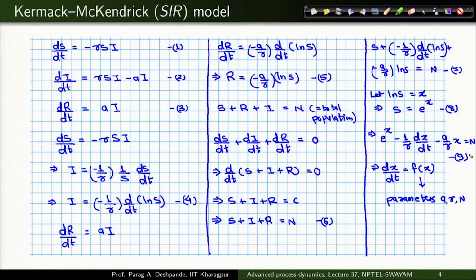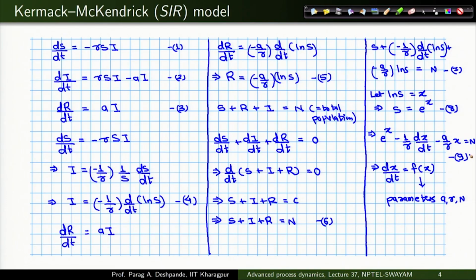So, in principle I can follow this entire method and get the time evolution of S, I and R within my system. This in principle is possible, but the mathematical form that we would get will not be very